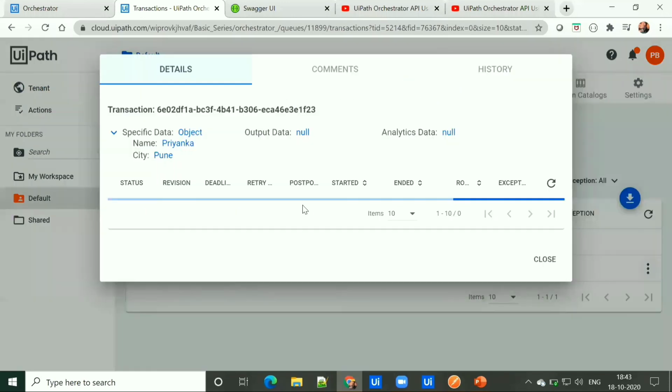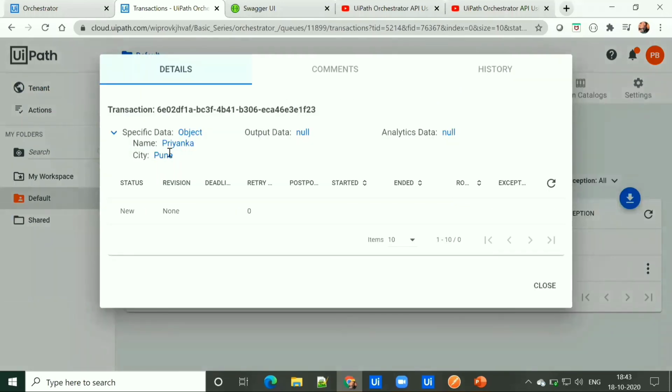So we can view the details and we can find that there is a name and city present over here. So let's try to change the value of name and city, right? So instead of Priyanka, I will pass another name, and another city instead of Pune. So let's try it out by passing.